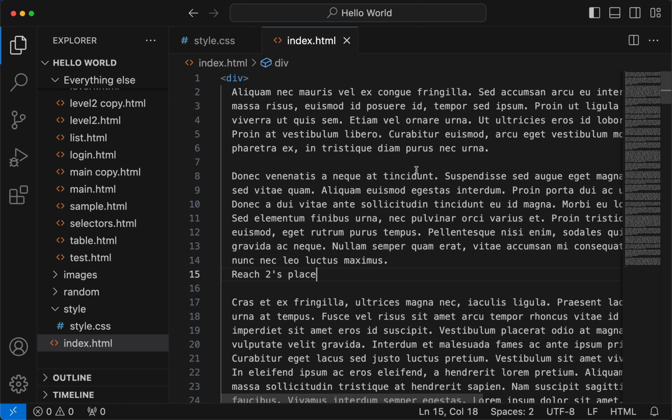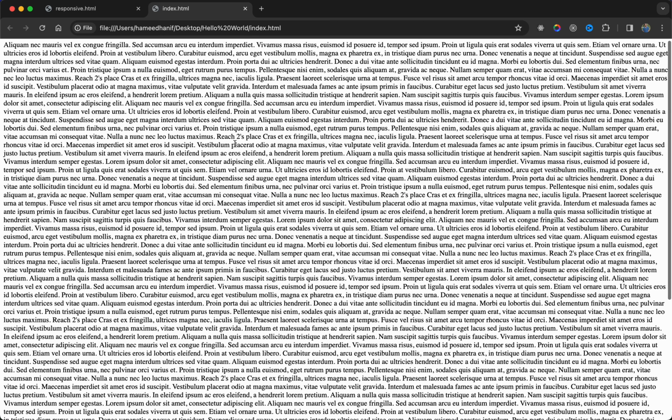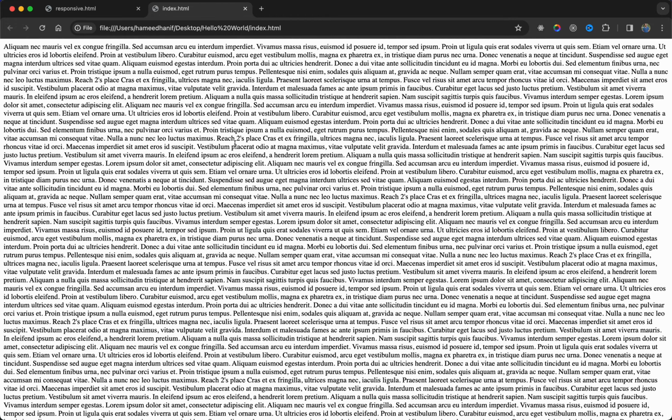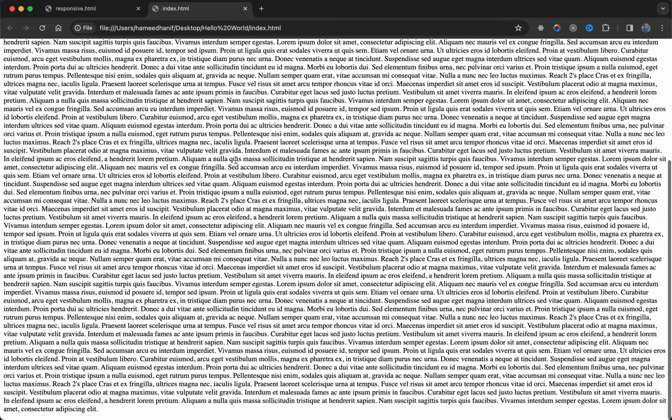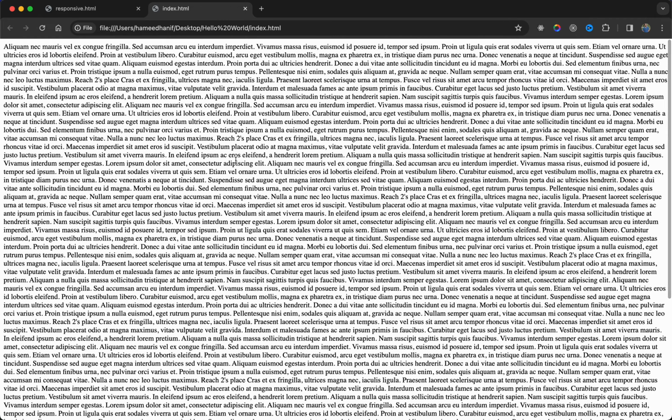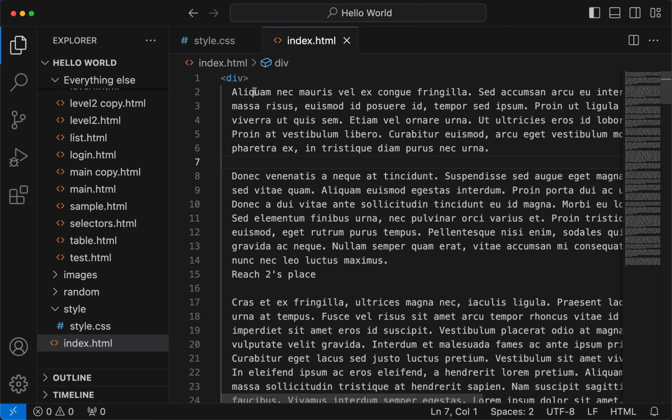So we now will focus on a property called position, and there are also properties called left, right, bottom, and top. So we'll see what that is. Now just ignore this humongous amount of text. I just have this lorem ipsum text to make sure we have a vertical scrolling. With that, let me start this page with the